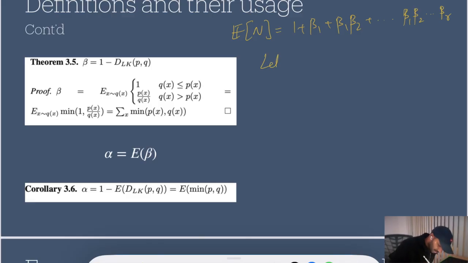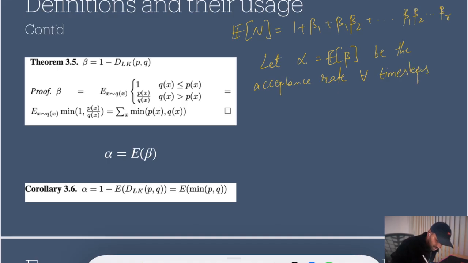So let alpha, the average value of beta, be the acceptance rate for all time steps. Okay, so this is an approximation that we are making so as to simplify our calculations,